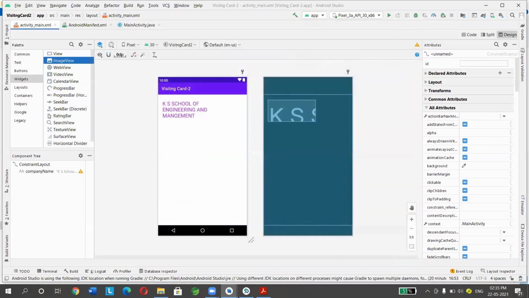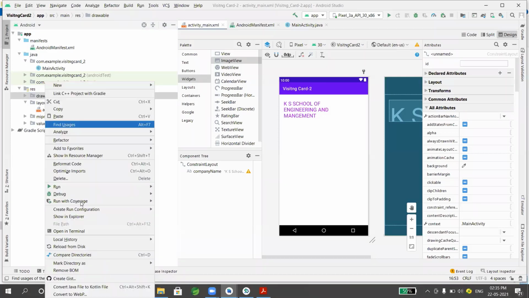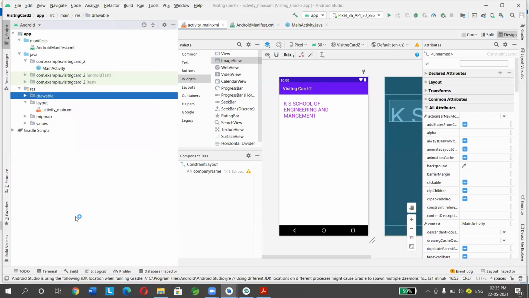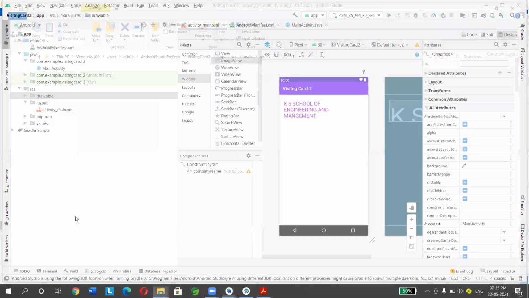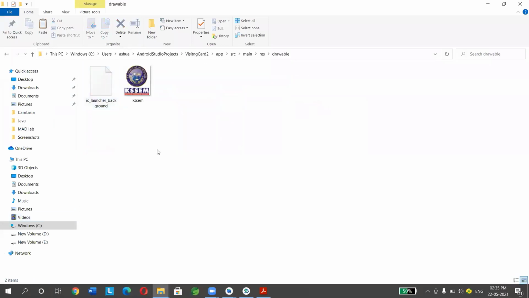I repeat how to do it: go to the project, under project we have the drawable folder. Right click on this drawable folder and click on Show in Explorer. It will open the path of the drawable folder. Copy and paste your logo into this folder.